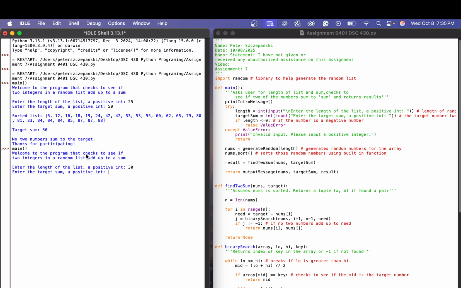Let's do 30, and then let's have it add up to 50 again. Yeah, and we got one. So we got 5 plus 45 equals 50, and then it thanks us for participating in both cases. Okay,